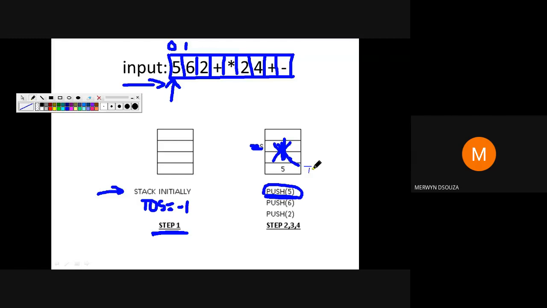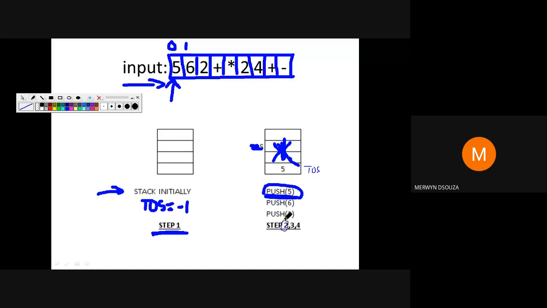This will be your top of the stack. We have already seen how push works. I've shown you the program, so I'm not explaining that. You know that top of the stack is incremented, then this value is inserted there. Exactly the same way push works here. So that is actually your step 2.